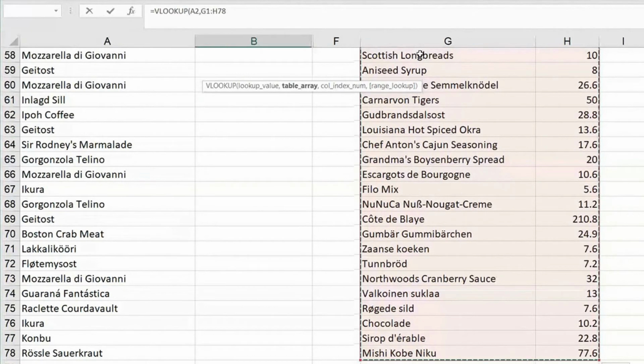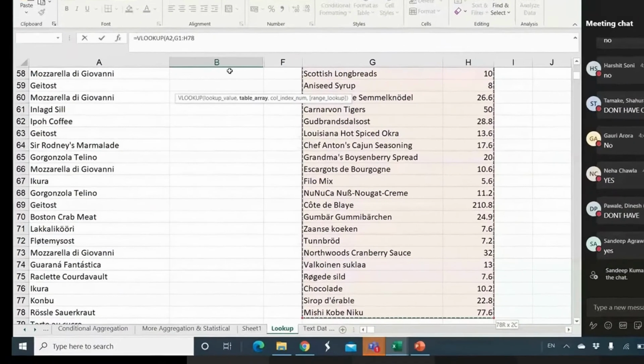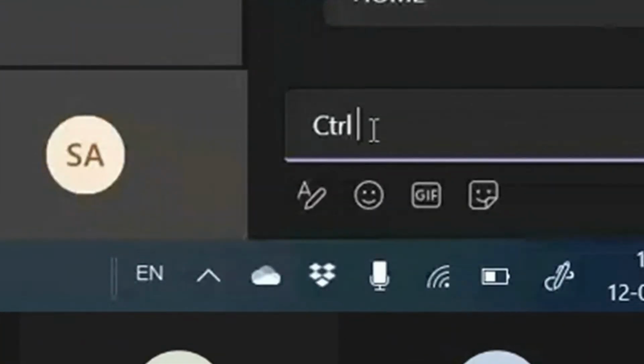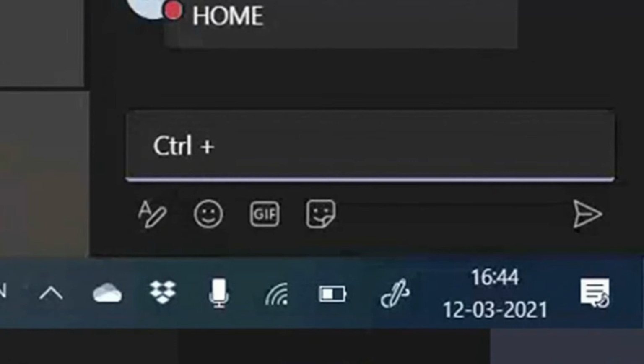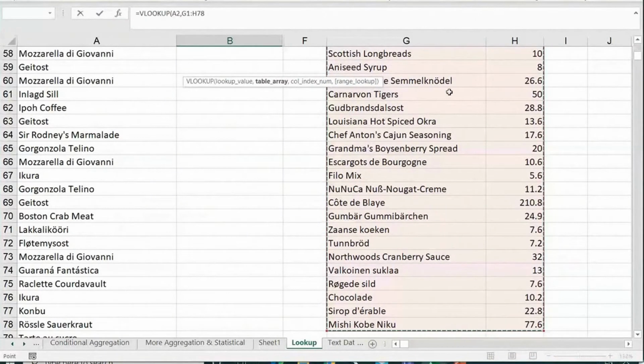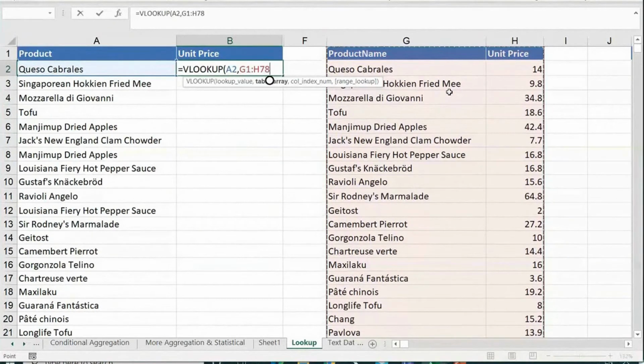Okay, one more tip I want to give all of you. I was writing a formula in some cell, but I picked a range, came down, and I'm not able to see my formula. I can see it in the formula bar, but not in the cell. Remember this shortcut: Control plus Backspace. It will bring you back to the active cell. Remember this beautiful shortcut. See, if I do Control Backspace, I'm back to where I am.